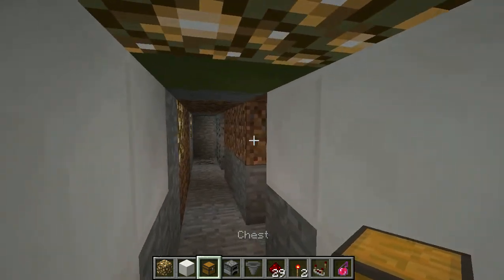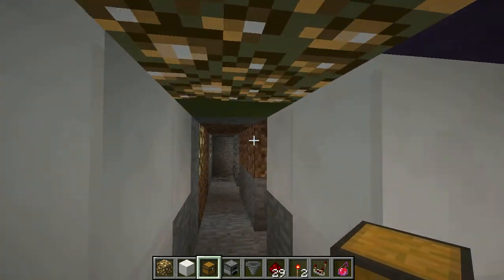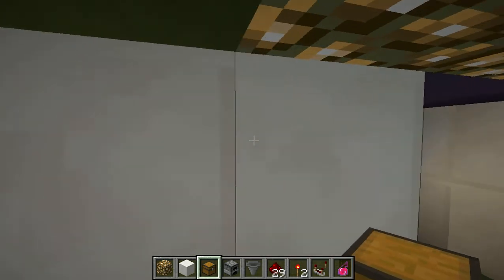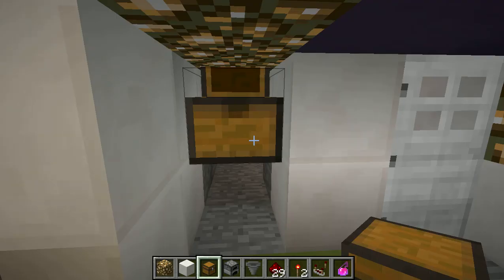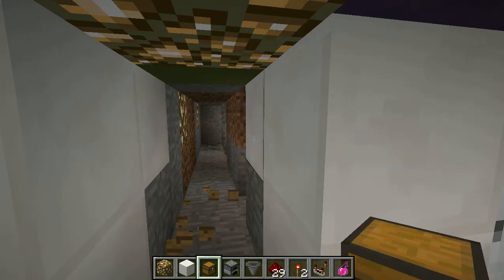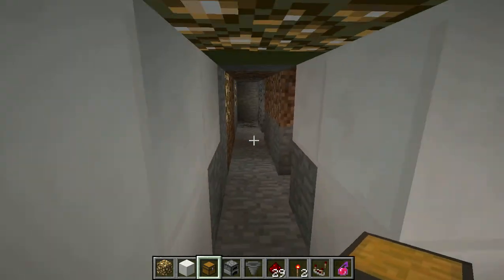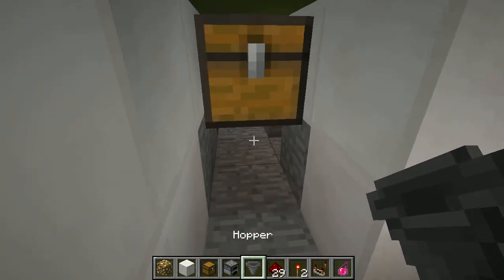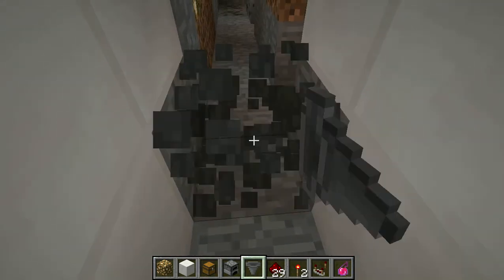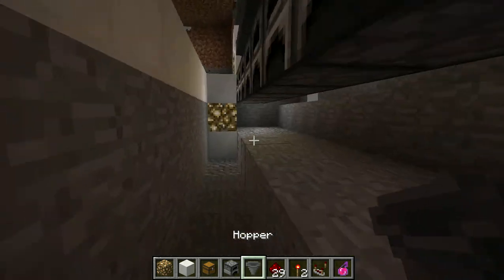For example, what about here? What about here? No, you can't open it. Damn it. Never mind. Wait. I can just leave it here first. Okay, so